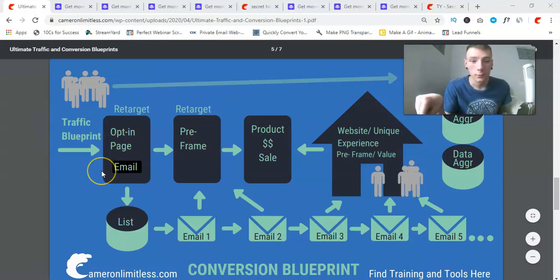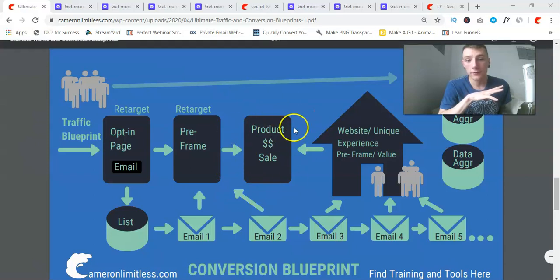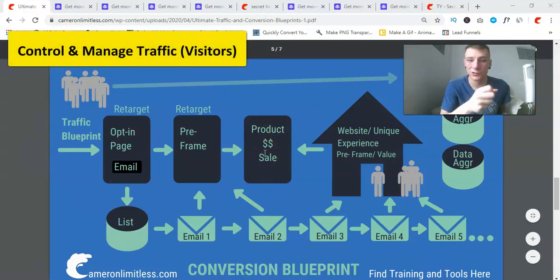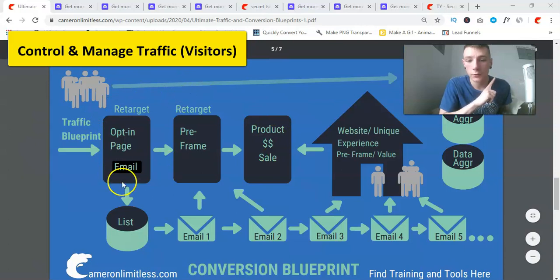landing pages. But what you're going to want to do here is have this in place instead of sending someone straight to a product sales page, because if you just send people to a product sales page, they're more than likely just going to bounce and leave. And if you're doing affiliate marketing like what we do on CameronLimitless.com, if you don't own that page, you can't really control it, so it's not a very good thing to send traffic there because you won't be able to manage traffic. So what you do is you build a landing page or an opt-in page,